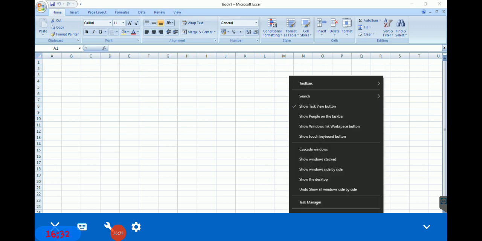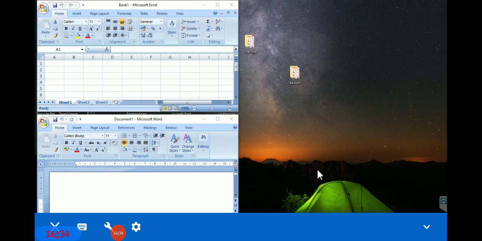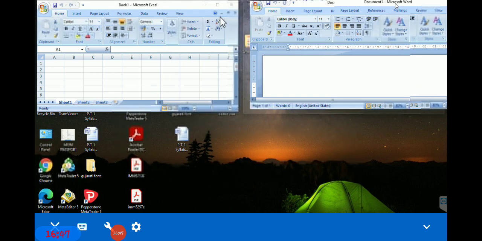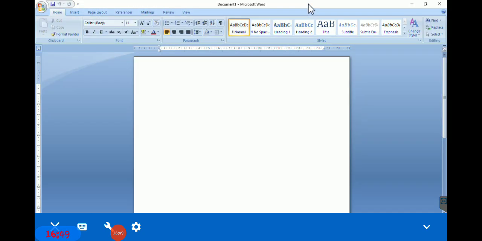The next option is shake. What is a shake? You just click on whichever window you want to make full screen, click on the title bar and just shake it this way. And you can see that whenever you shake it, it automatically takes the whole screen. This is one more option Windows 7 provides you. That shake will take the whole screen.